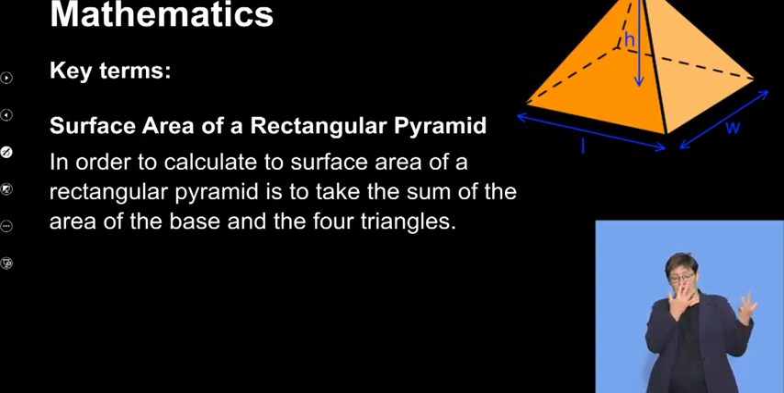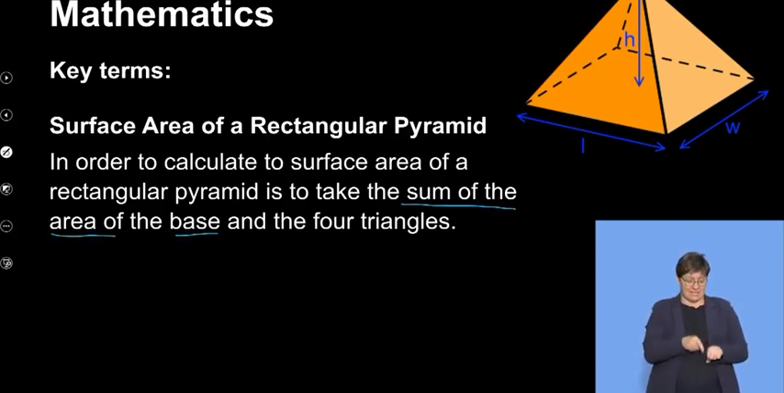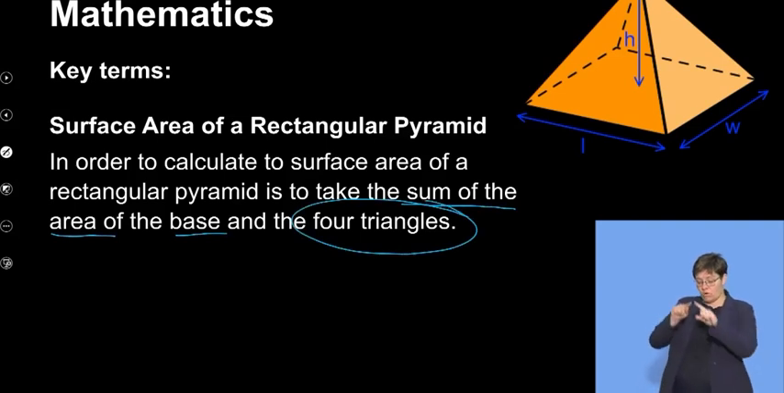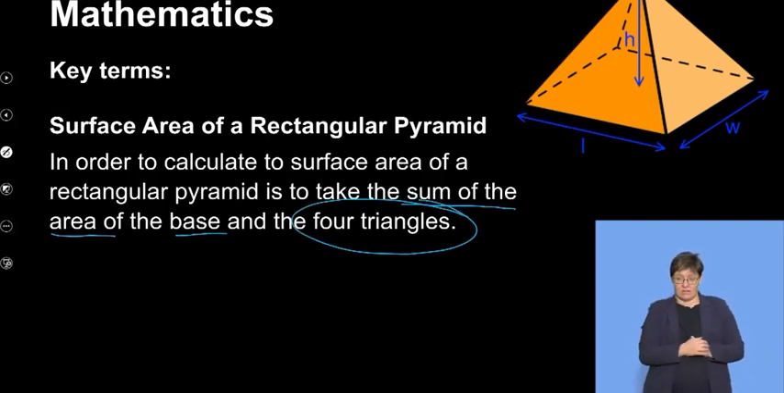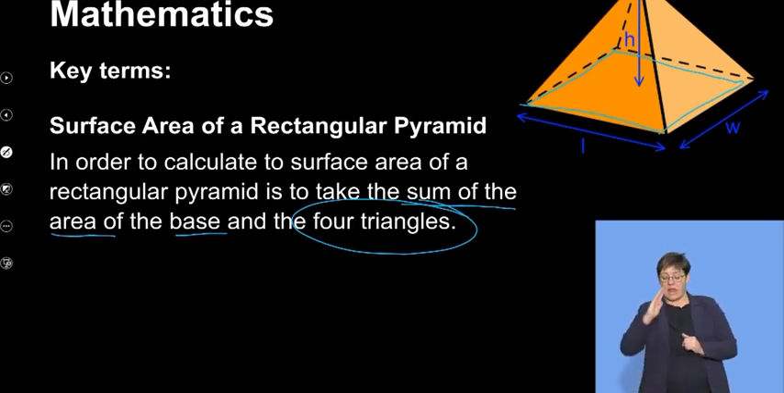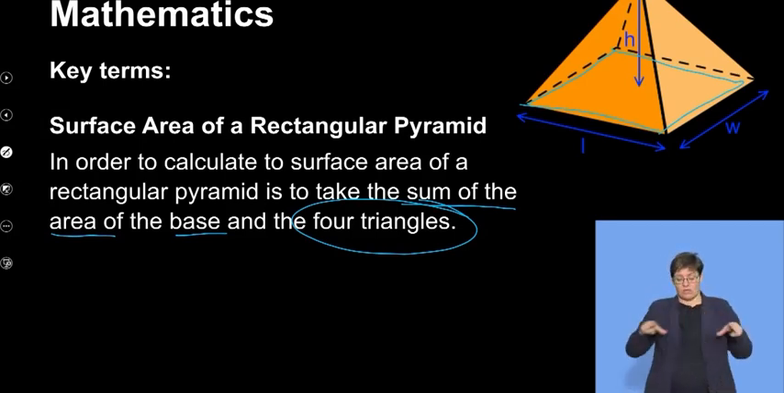And in order to calculate the surface area of a rectangular pyramid, we have to take the sum of the area of the base and the 4 triangles. So the first part will be the area of my rectangular base, which is my length times my width. And then I'm going to have to add the areas of each of the triangles together. But please make a note